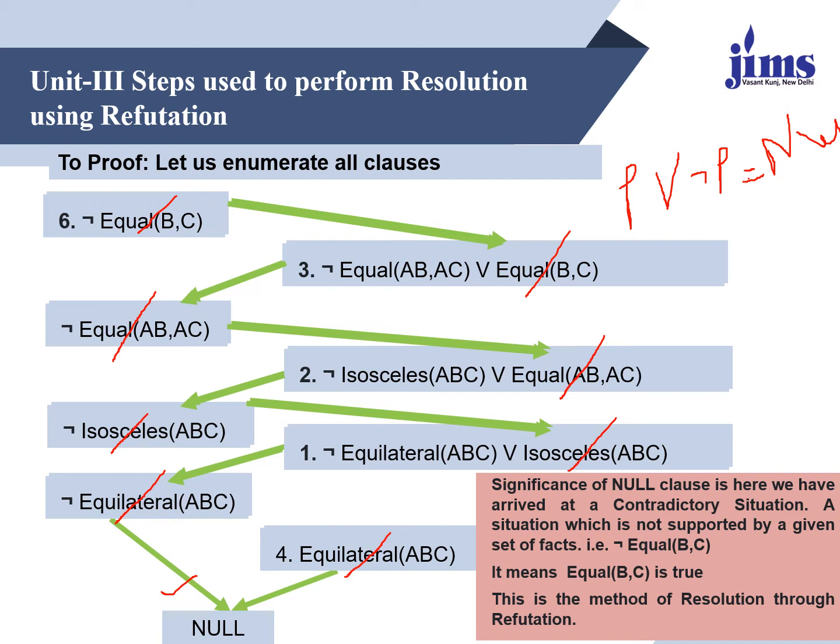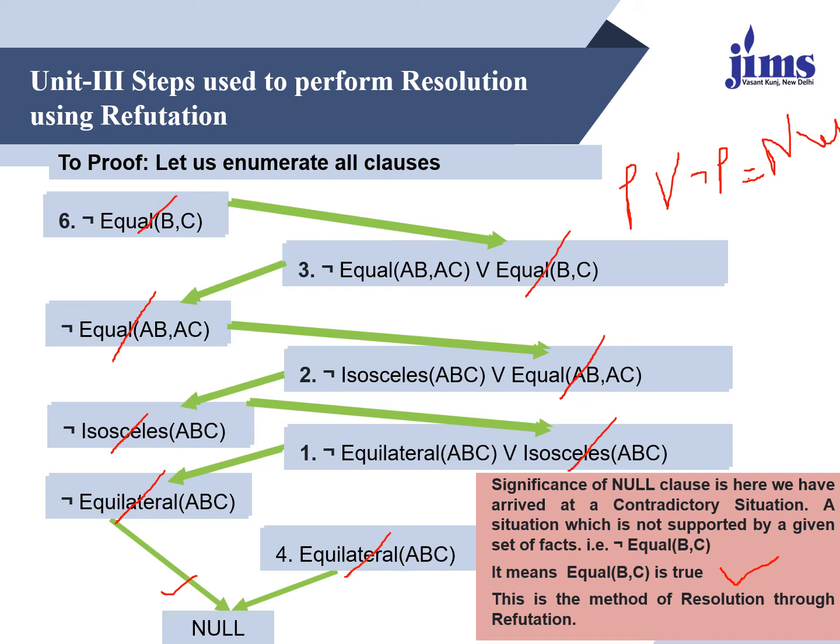We keep on iterating the statements to resolve the given propositions, and at the end, as we have achieved null, we can say that whatever we have supposed is wrong because it results in a null statement. So it means that whatever we have supposed, the opposite of that is true. We supposed at the beginning that angles B and C are not equal. It means that angle B and angle C are equal.